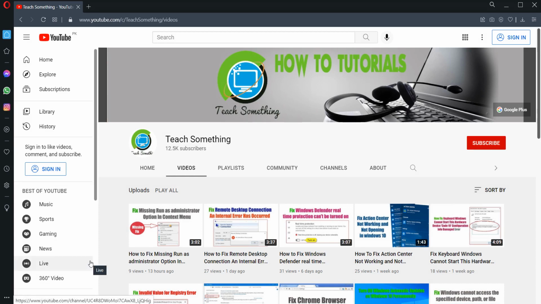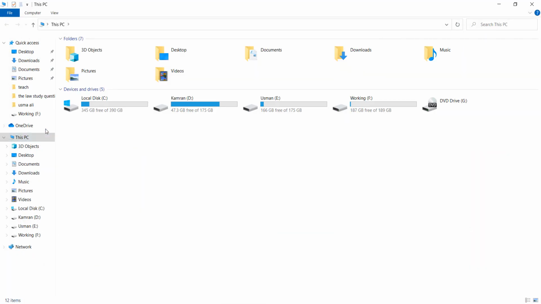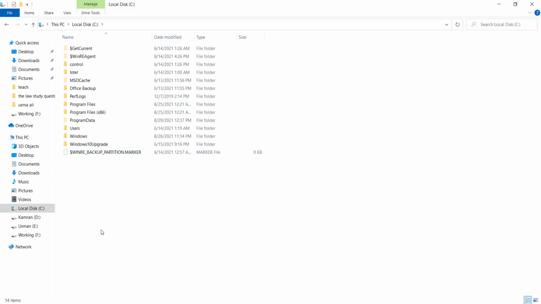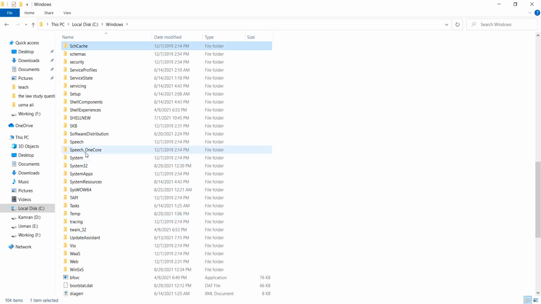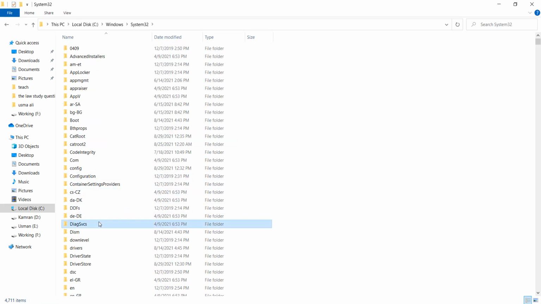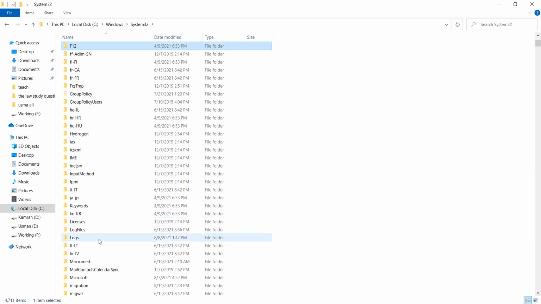The third method is to go to your C drive of your PC, go to Windows, go to System32, and after doing this, find